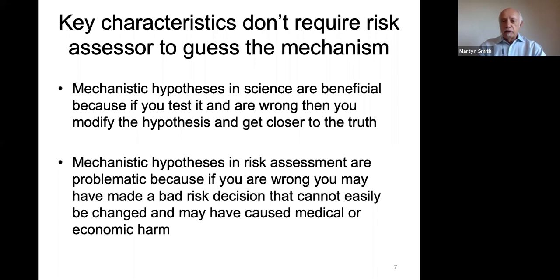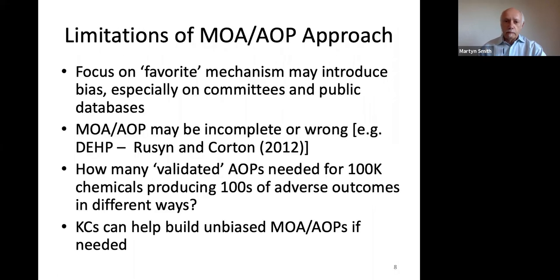So you don't really want to have to guess the mechanism in order to make a decision. There's also a tendency of people to focus on favorite mechanisms, which may introduce bias, especially in committees. I often give the illustration that I think benzene works in a particular fashion, and another scientist may think that benzene works in a different way on the bone marrow. Depending on who's on the committee, that's going to be the mechanism we go with. And there are examples where the mode of action may be incomplete or wrong,